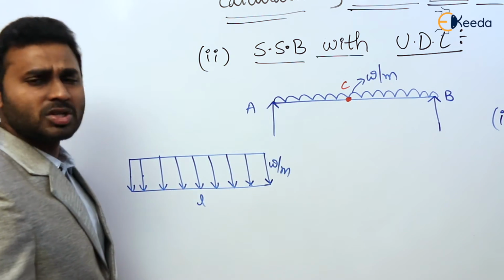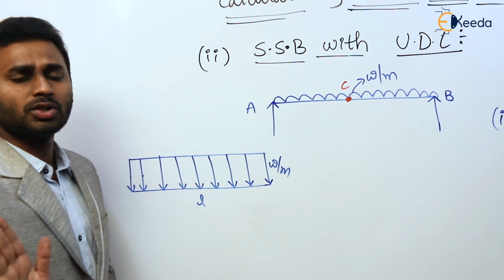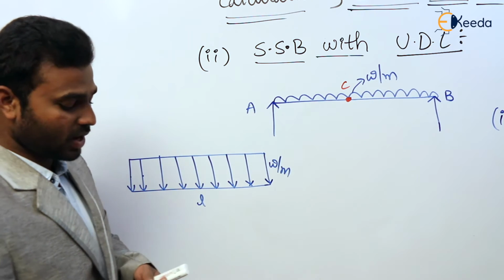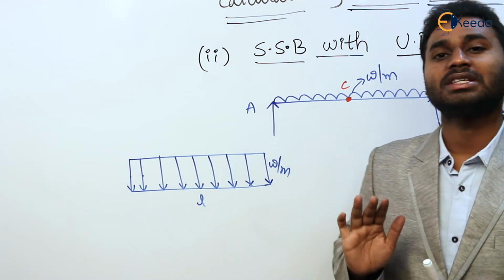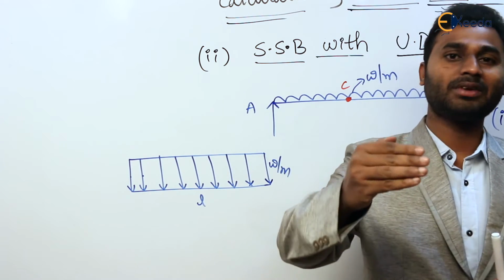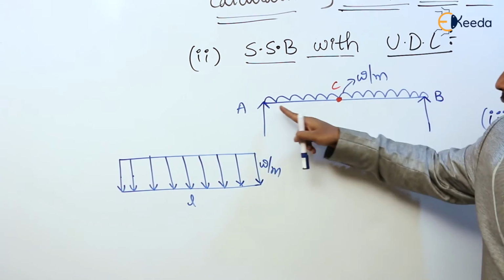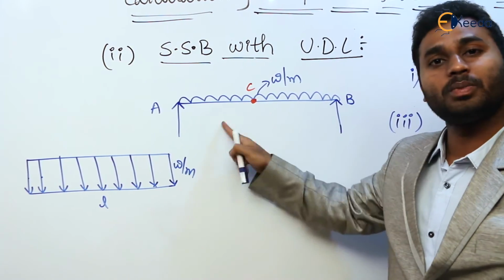Now coming to the principle of actual work done. What is the principle of actual work done? External work is equal to internal work. Now what is external work? External work is equal to the load into delta. In previous cases the load is a point load, so simply we multiplied that load with the deflection or displacement under that load. But here we are having load everywhere. Agree or not? Throughout the span from A to B we are having load.